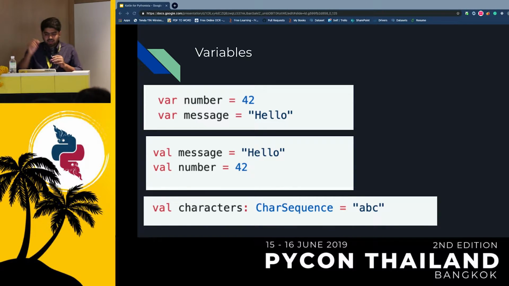Local variables are typically declared and initialized at the same time, in which case the type of the variable is inferred to be the type of the expression you initialize it with. As you can see, we have declared variables with numbers and messages. We have a local variable number, that's done, okay. However,